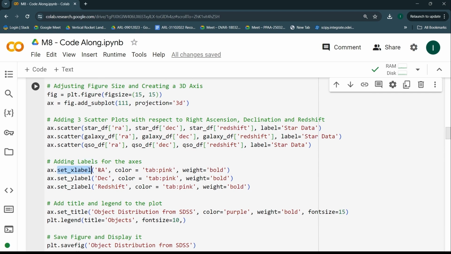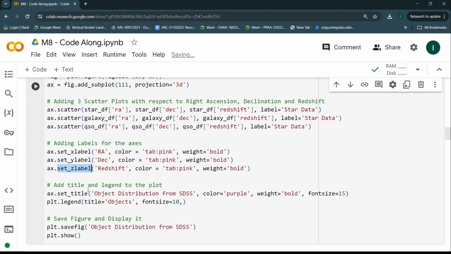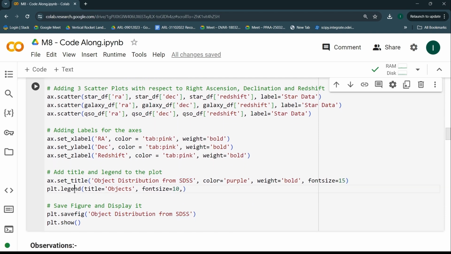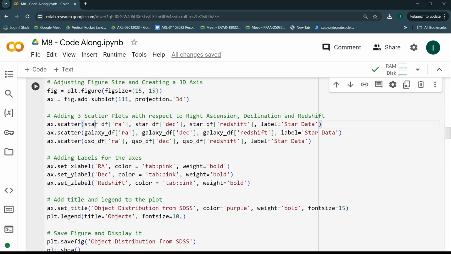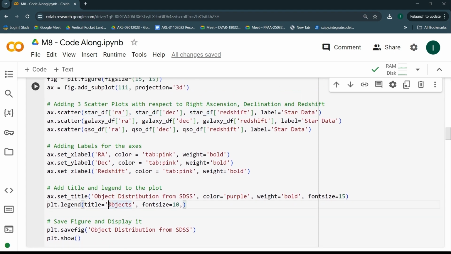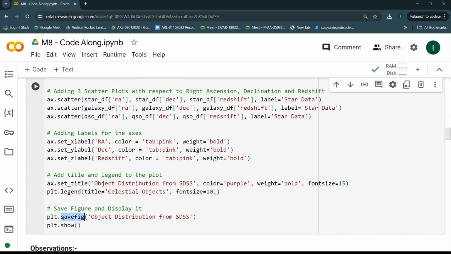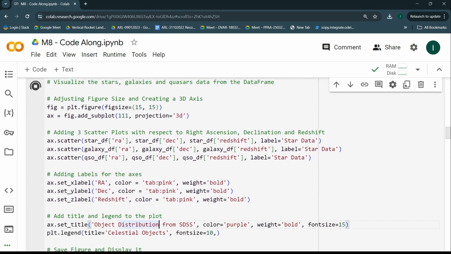Let's see if we are missing out on anything. We have the X label as right ascension, the Y label as the declination. We are giving the pink color, setting the weight of the text as bold. Similarly for the Z label. And the title for this axis would be object distribution from the SDSS. That's absolutely correct. And over here, I'll just give the name as celestial objects for the star, galaxy, and the quasar. And after that, we are just going to save the figure. And if I run the code,